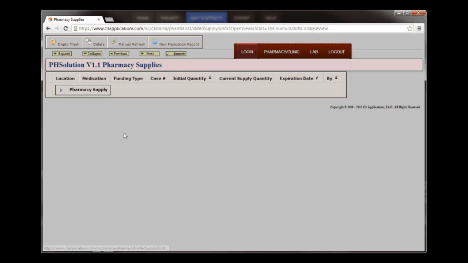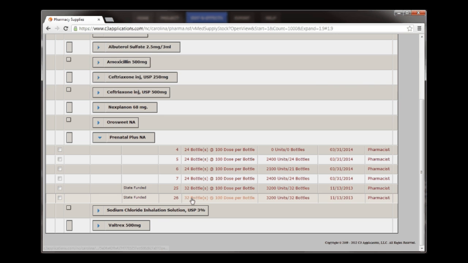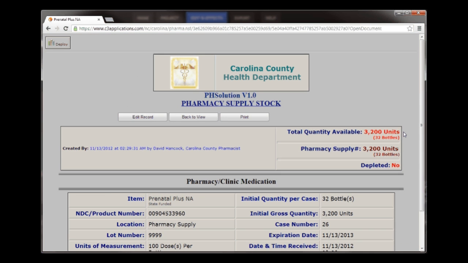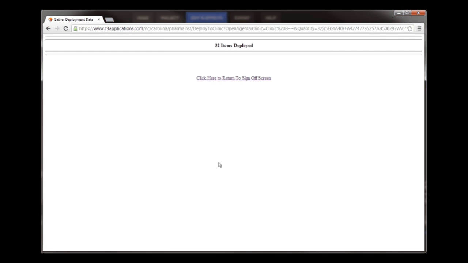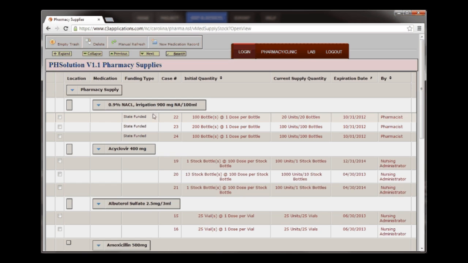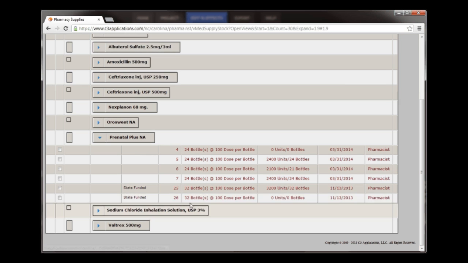So let me collapse all of these again. Come here to our Prenatal Plus, number 26, and I've got a button up here that says deploy. It knows that I've got 32 bottles available. If I'm going to take that and send all 32 to Clinic B, I deploy that to the clinic, and I can come back. If we collapse these again and look at our case,